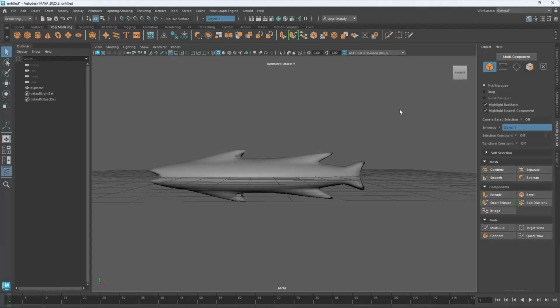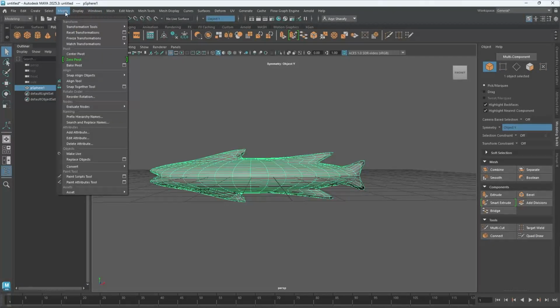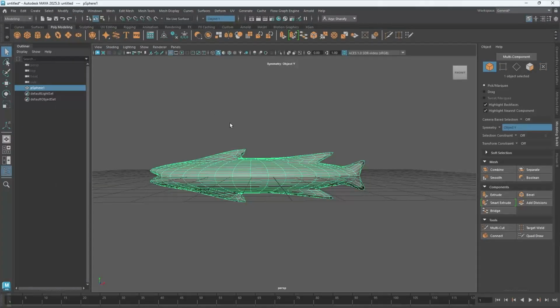So like I said before, there are many ways of doing things, and then you can add the eyes and all. You can also paint on it. So one of the things about painting is make sure that you're not in the modeling mode, but you're in the rendering mode. So first you go from modeling mode, you go to modify, make sure that you select the object. You go to modify, and you freeze the transformation. They say it helps. So then you go to the rendering mode,